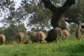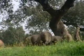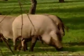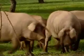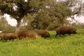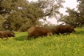The Iberian pig also easily metabolizes the carbohydrates it gains from acorns, turning them into oleic acid. This is the same fatty acid that makes up the majority of fats found in olive oil. In fact, one could almost say